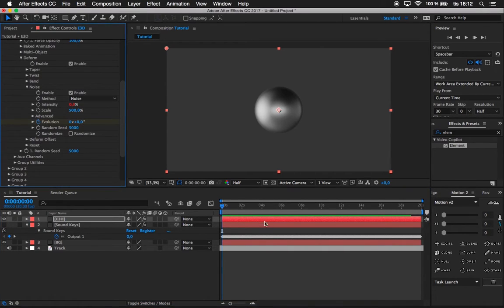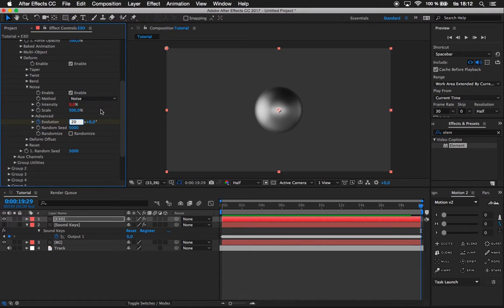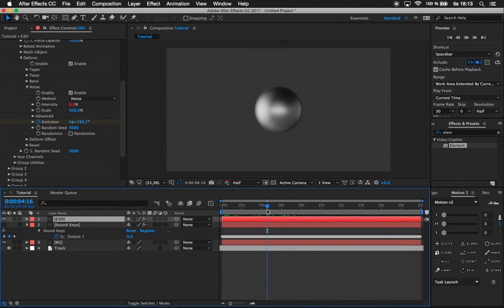So press stopwatch and drag this all the way down and type 20. If we're previewing now, as you can see, it looks a lot better. We have this random movement, makes it a lot more alive. It's already looking good. You can post it on YouTube right now, but we are not, because we're gonna make